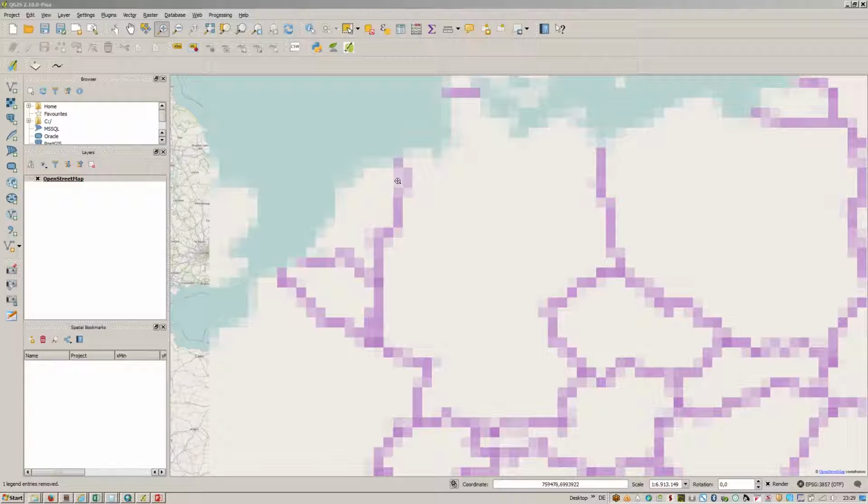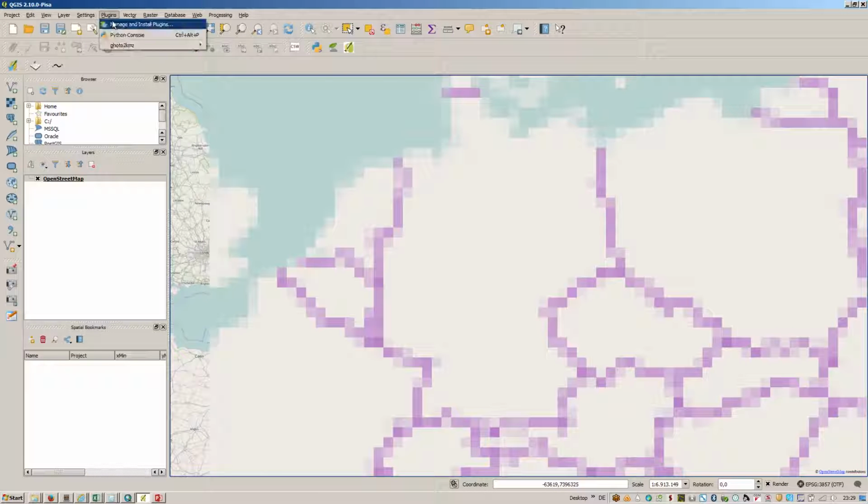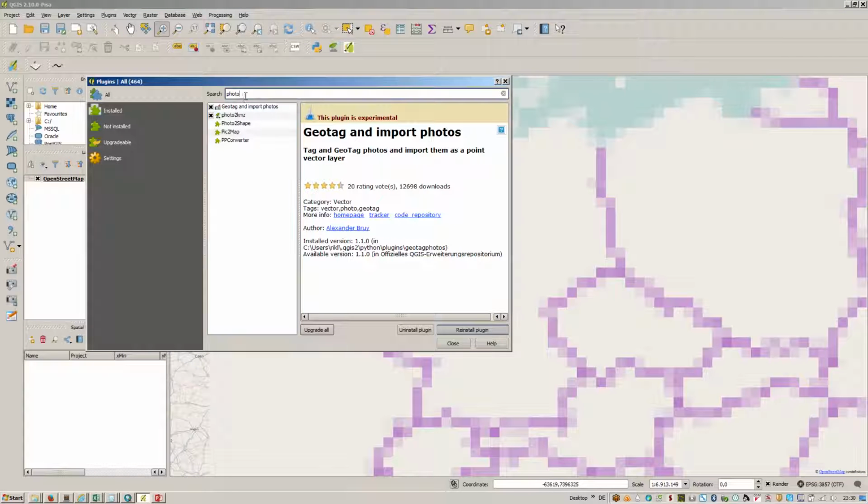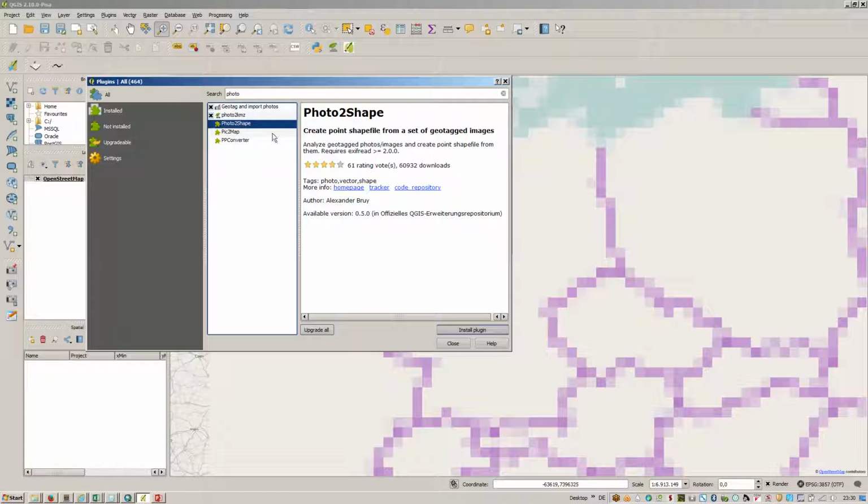In this short video I would like to show you how to import geotagged images to your QGIS project. And therefore I was searching for a plugin, and so let's have a look in the plugin tab here, which plugins are available for this kind of task. So I've searched for photo, and there's the plugin geotag and import photos and photo to shape, which is probably quite sophisticated, but it requires you to have xFread installed, and I don't like to install additional software for this